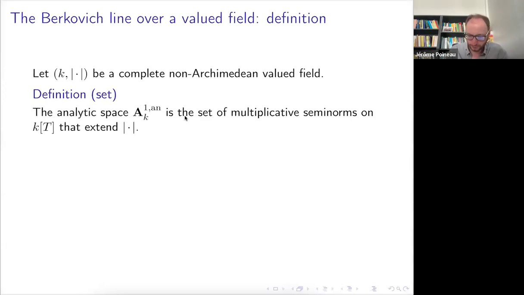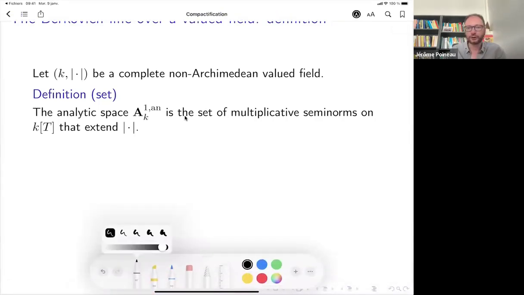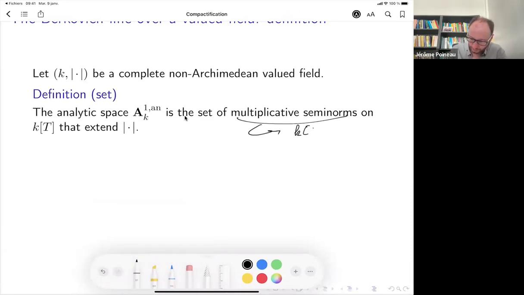So a multiplicative semi-norm, maybe I can write something. You could think of it as some absolute value, but an absolute value with a kernel. The important condition is the multiplicativity. If I write down a few axioms, it goes from the polynomials to the non-negative real numbers. It is some kind of absolute value, a semi-norm.